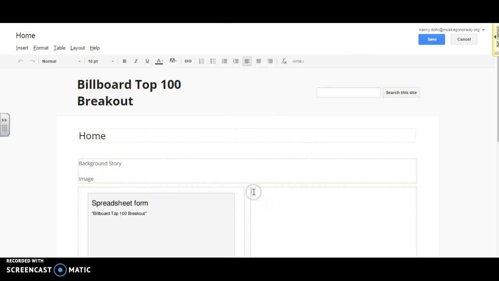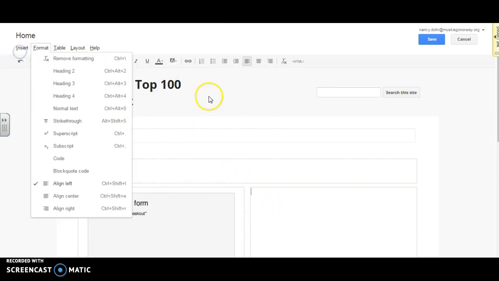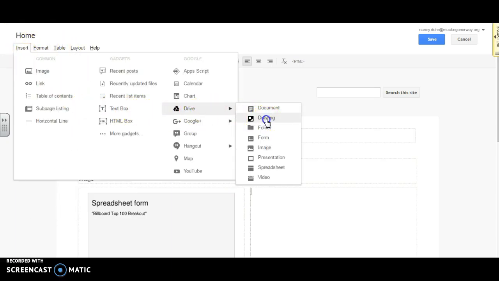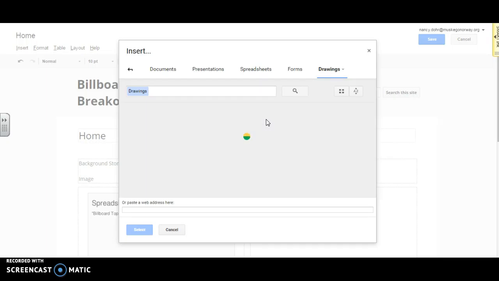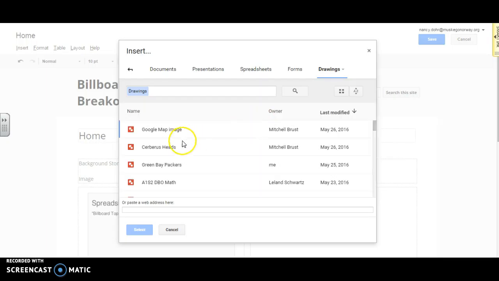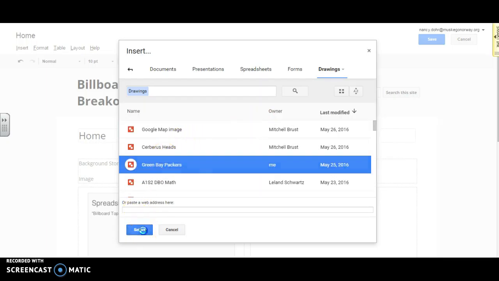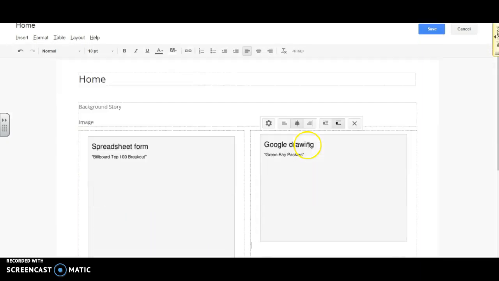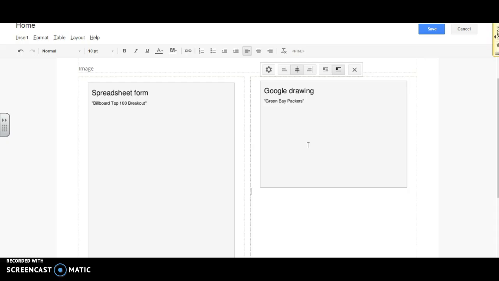Same thing if I were to go in and insert a Google drawing, and I'll show you what that looks like. So I'm going to go in and do a drawing. I'm going to find my Green Bay Packers ones just to show you. I'm going to stick that in there. Once again, it just looks like a blank box, but once I hit save,